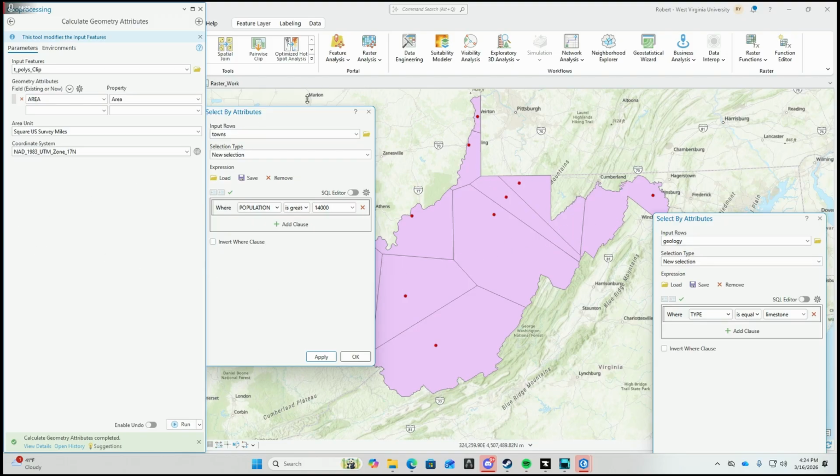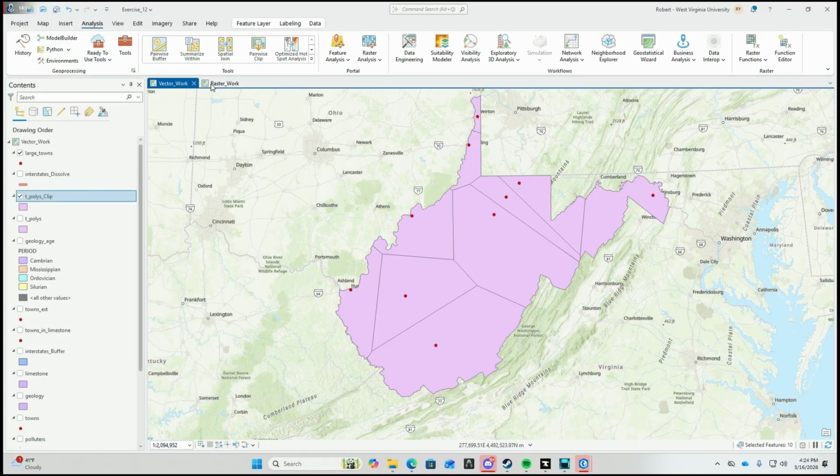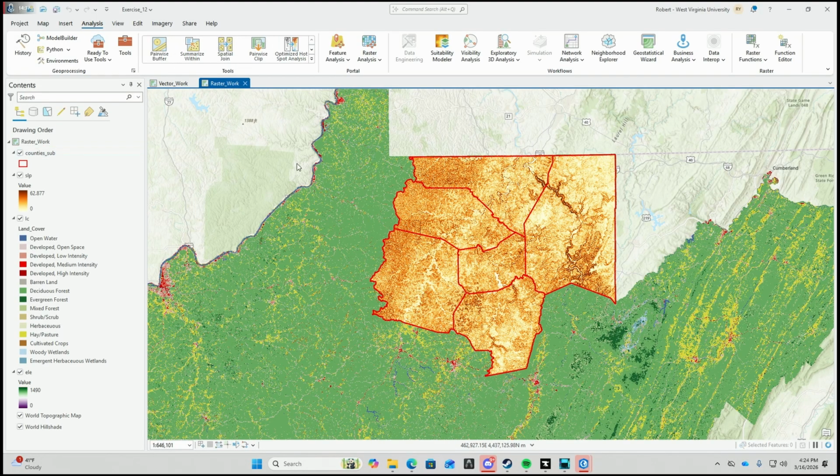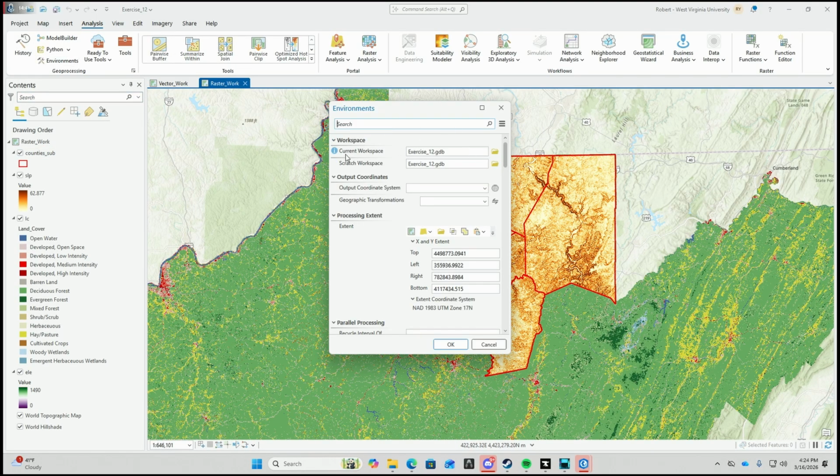Now we can go and work in the raster work. So if we close everything out, we go to raster work, and we want to set the environment again, so we can go to environments. Our current and scratch workspace we want to set to exercise 12. We want our processing extent